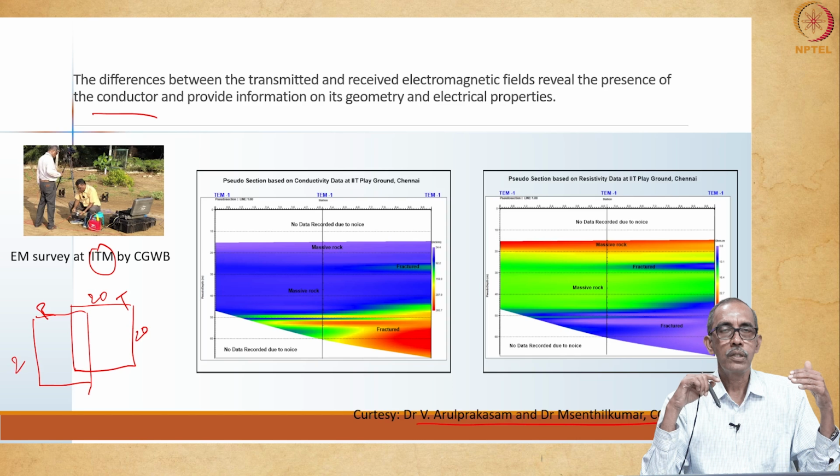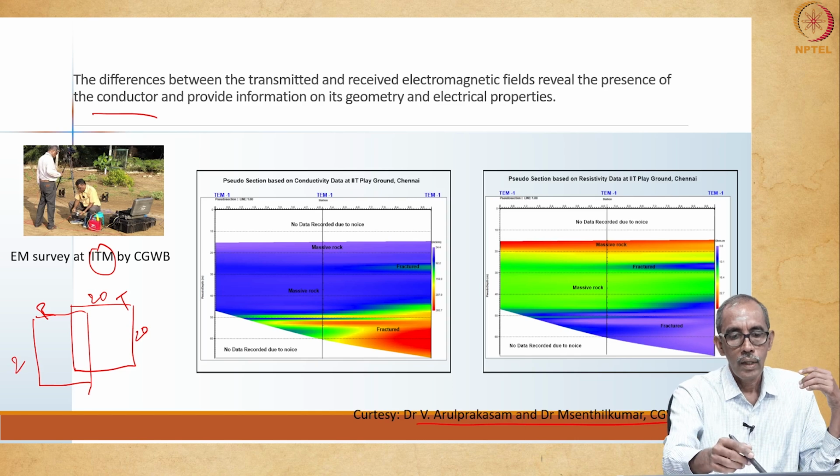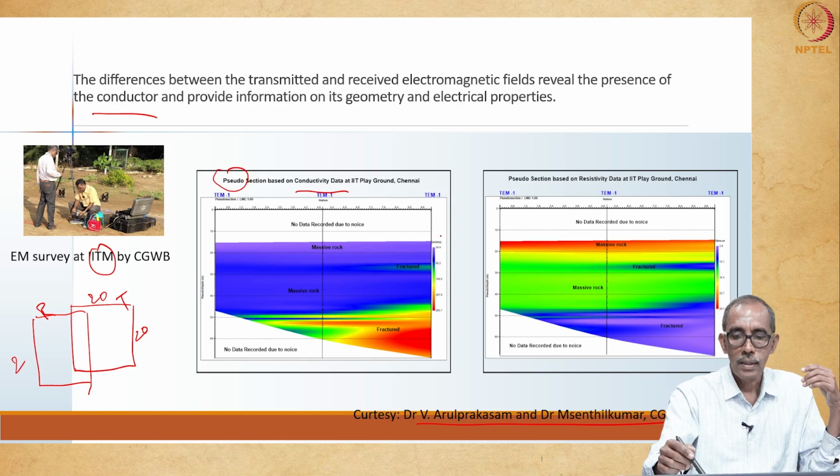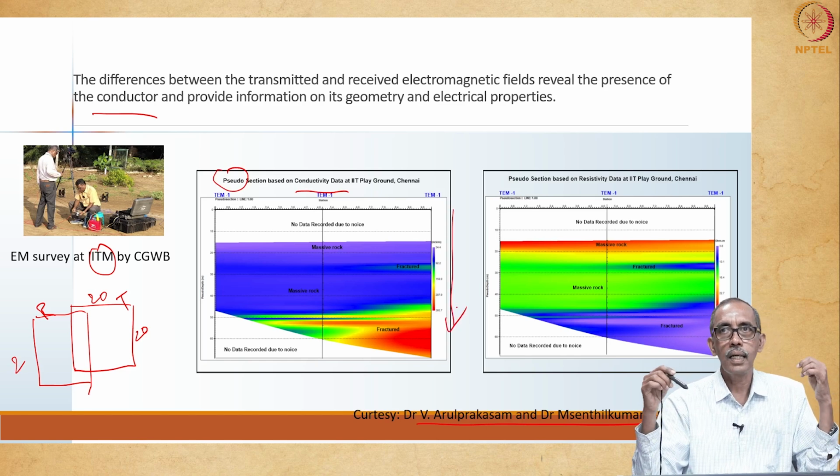The principle is inverse modeling. That means we have got the results of the raw resistivity or conductivity data, and by inverse modeling, the model will assume typical subsurface conditions. Using that, we can arrive at a pseudo section of conductivity. So, this section shows the pseudo subsurface variation in the conductivity.